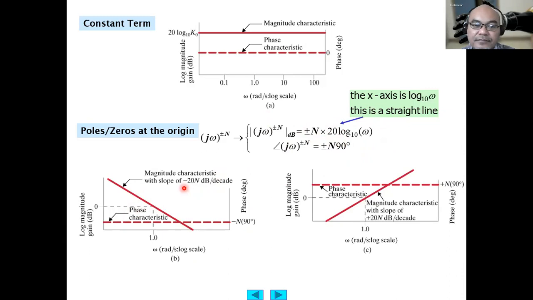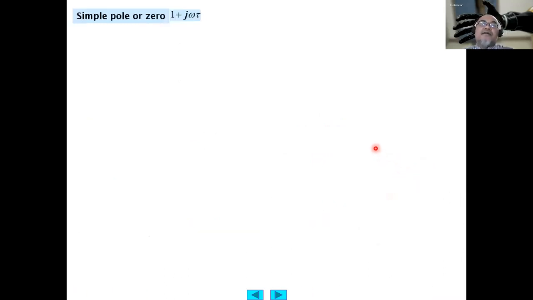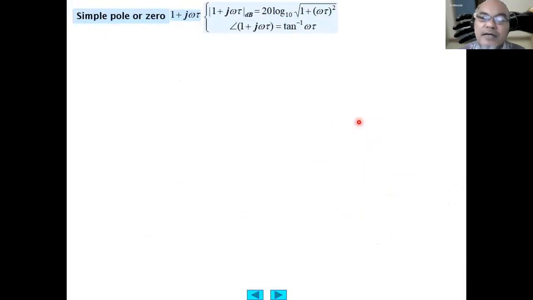So this is if minus n. If it is plus n, then the magnitude increases as a function of frequency with a slope of 20 times n per decade. Okay. Now, with the simple pole or zero of 1 plus j omega tau, the first degree,